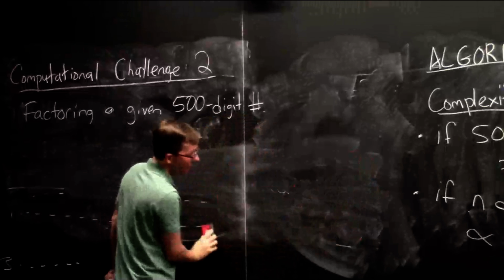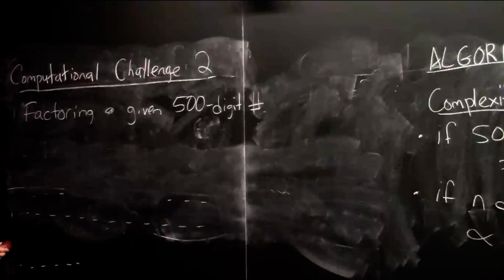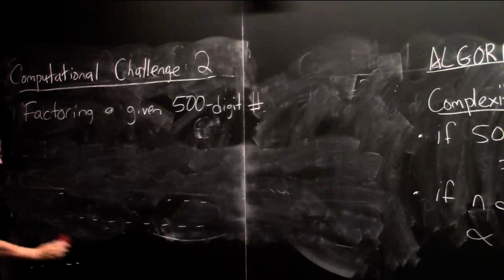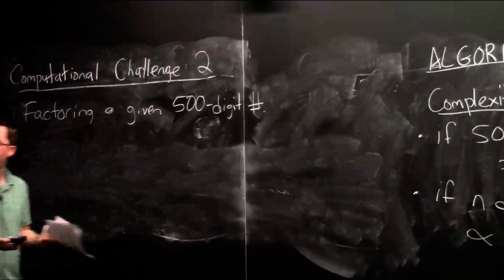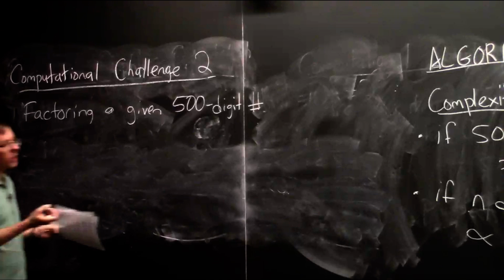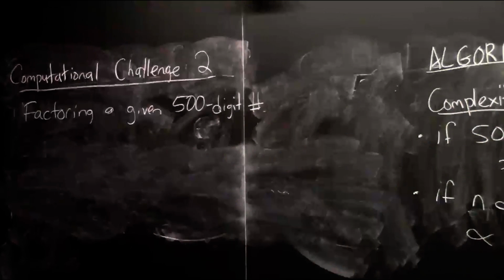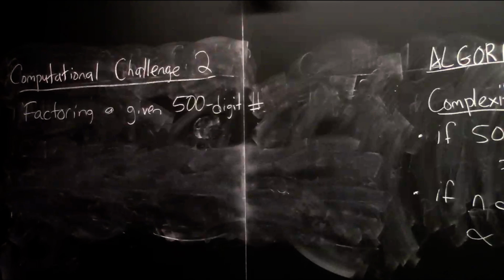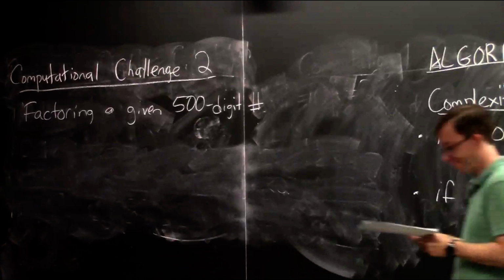Again, let me mention that this should be thought of merely as a computational challenge, because a 500-digit number does not actually correspond to counting anything in reality. It's not like you have 10 to the 500 tokens and you're figuring out how to arrange them into a rectangle, which is what factoring would be about. Just a challenge. I give you a 500-digit number. The challenge: find its prime factors. So let's talk about this one as well.